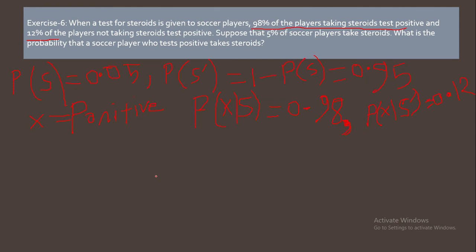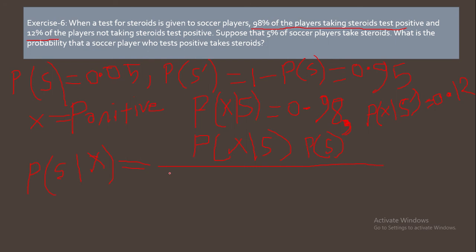So now we need to find out the probability that a soccer player who tests positive takes steroids. That means we know that someone has been tested positive. So given that someone has been tested positive, what is the probability that he actually takes steroids, right? So if we use our formula of Bayes theorem, this will be P of X given that S into P of S, the probability of S,